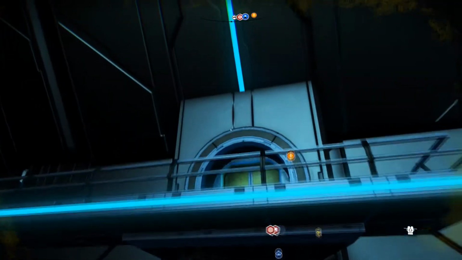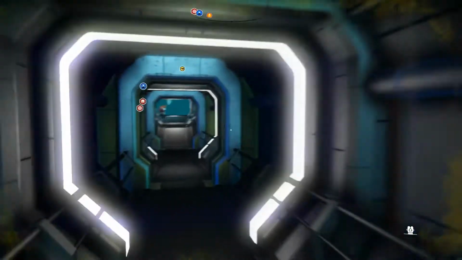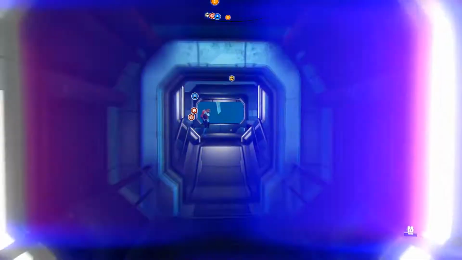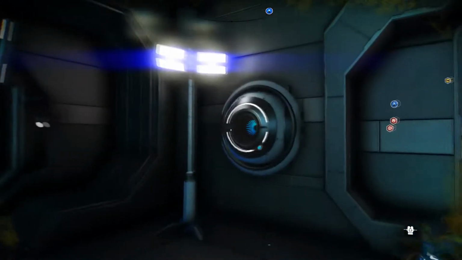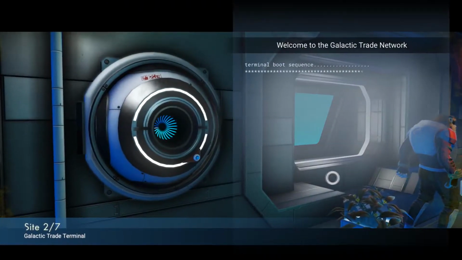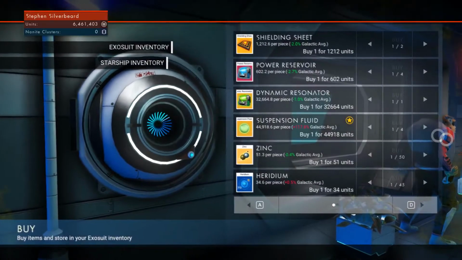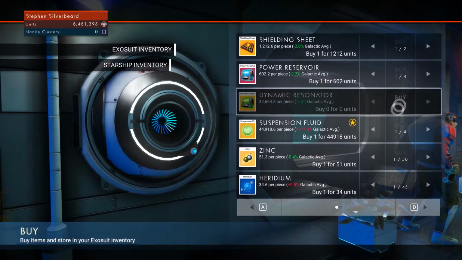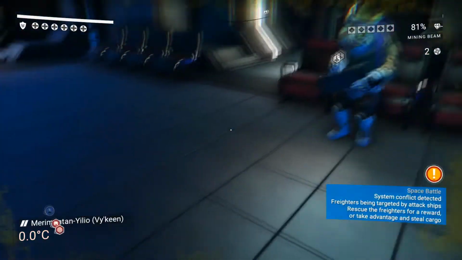Not one, we need 2. Hopefully the space station will have 2 for sale. If they don't, it's going to be a bit of a pain in the neck. Mind you, we can always get another one after we've warp drived. So we'll just buy items. We've got nothing to really sell. It's only got the one. Oh well, right. So we've only got the one,